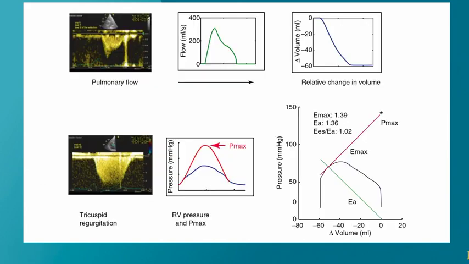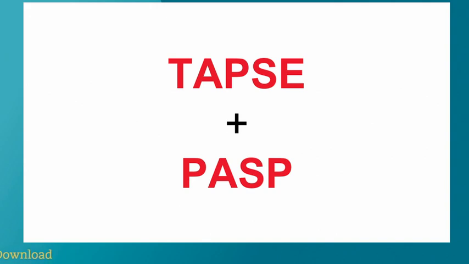And similarly for the right heart, it's probably even easier. You can do a tricuspid regurgitation measurement to assess the pressure in the right ventricle, and do pulmonary flows, although that window is sometimes hard to find, for a relative change in volume. And so you can basically reconstruct the right ventricular pressure volume loop and take it from there. If you think, and sometimes I think that too, that this is a little bit too difficult, you can also just determine the TAPSE and the pulmonary arterial systolic pressure, and relate it to the concept of ventricular arterial